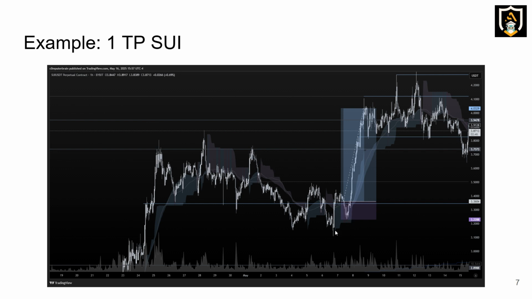Another example I took earlier in May was Sui. Again, I picked a local trend. I have the 1 hour shown, but I think the 15 was what I was using here. But I basically said, very clear range, bounce, bounce, bounce, bounce, underside retest, rejection, bounce, bounce, rejection, acceptance, rejection,